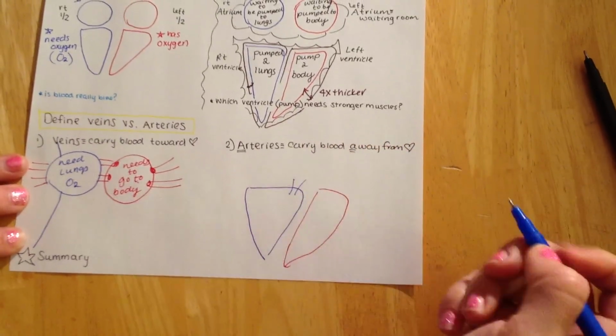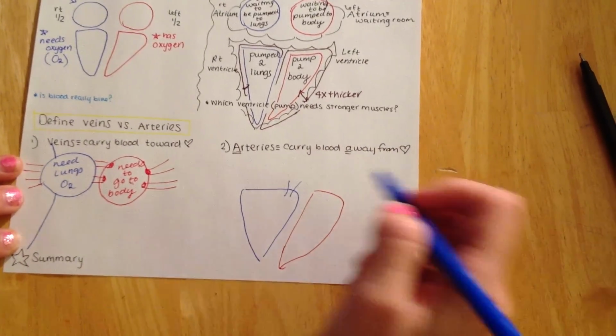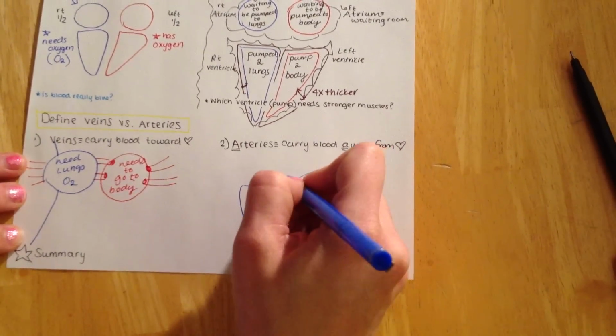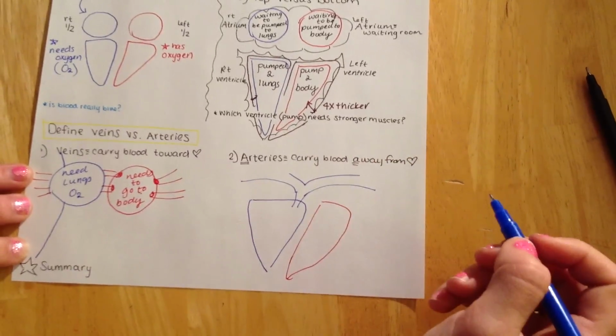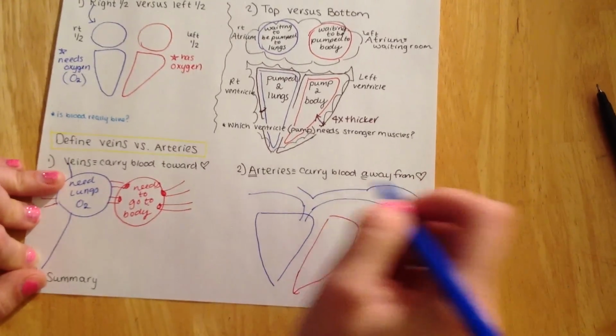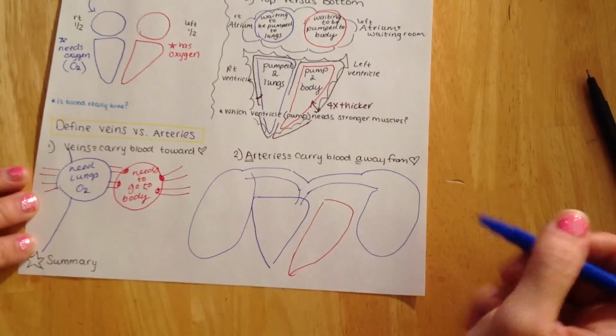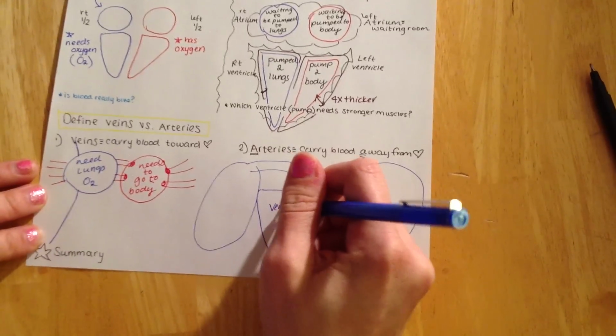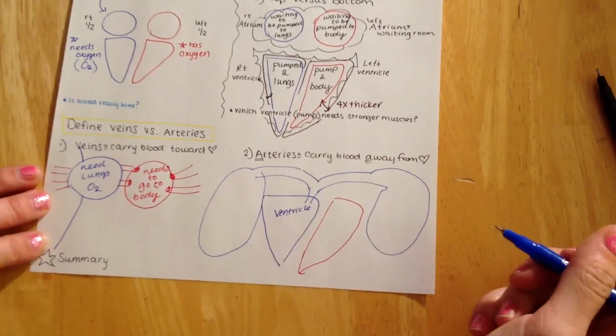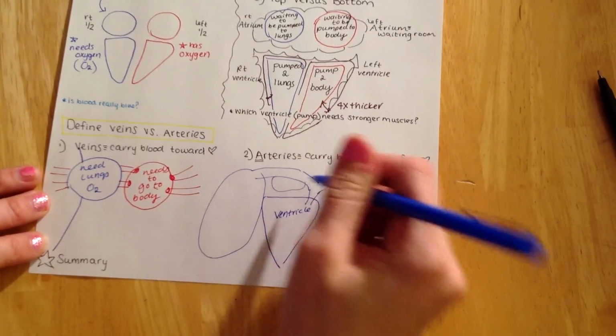If it's leaving here, where is it going? I'm hoping you can answer that in your head right now. It's going to your lungs. So here are my beautiful lungs. One lung, two lungs. So it's going from your ventricle, so don't forget, this isn't a picture of your atria. The atria would be up here. So there's the